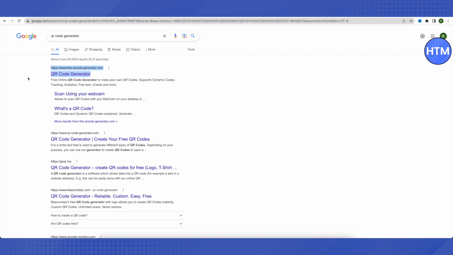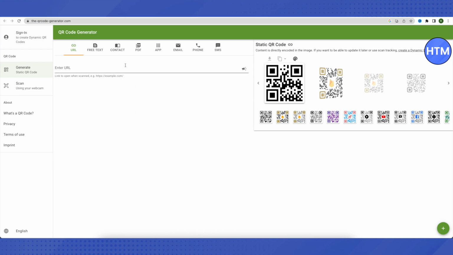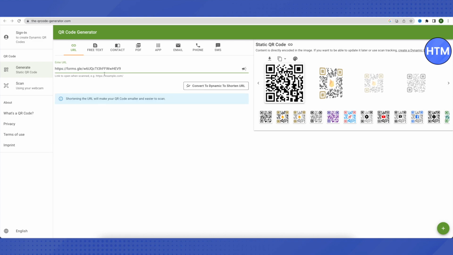Then just open up the very first link that you will see on Google search results. Just open it up and this is where it will lead you to. Then make sure that you have selected this option of URL over here. Just paste the URL that we just copied for our Google Forms, and this is the QR code that we